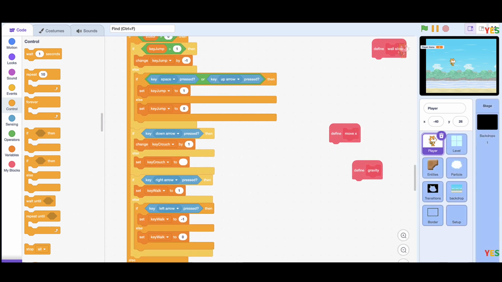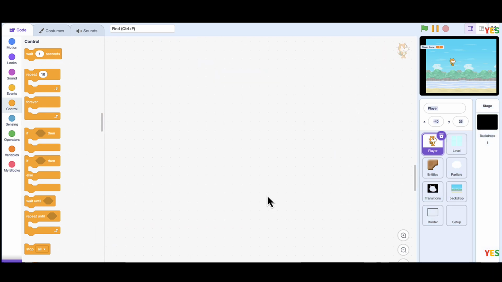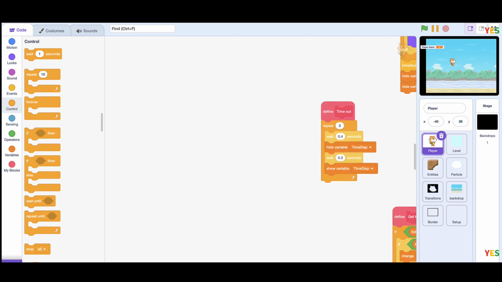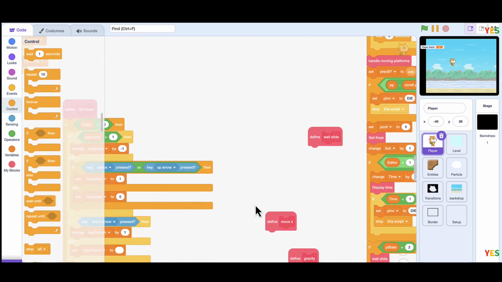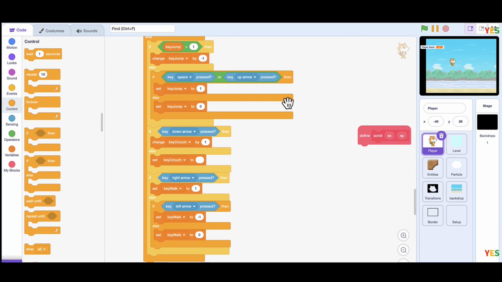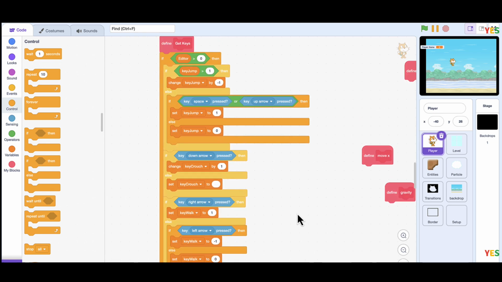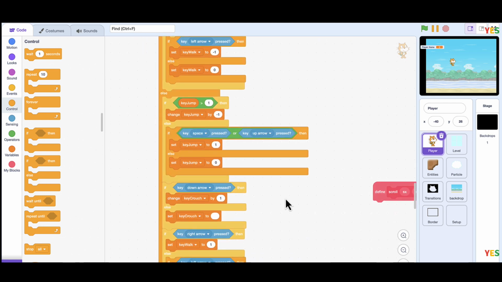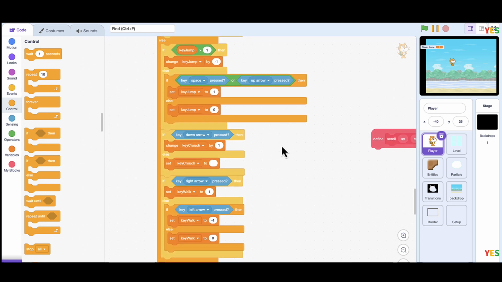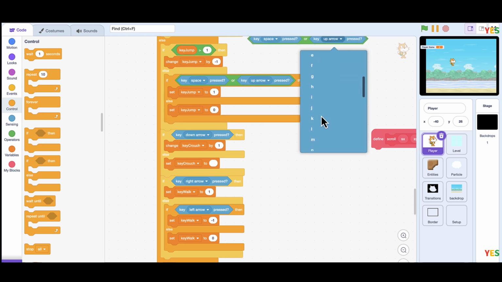Sometimes if you have duplicate large chunks in code, you might get them super wrong. And see, it duplicated for me. Okay, so I think that's helpful. If key jump is greater than 1, yes, change key jump by -1. If space, now we're going to get another OR for W. And then like that. Space, up arrow, or W pressed, set jump to 0, or jump to 1, and